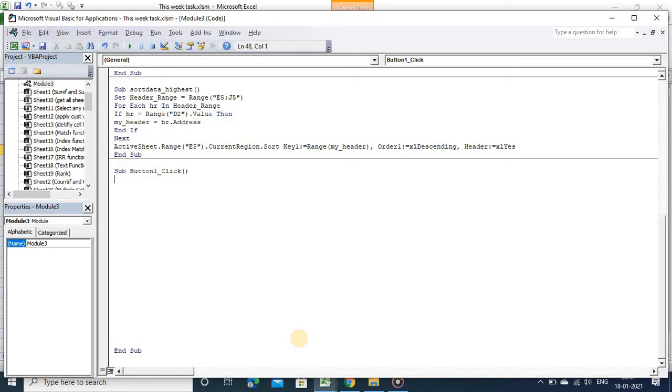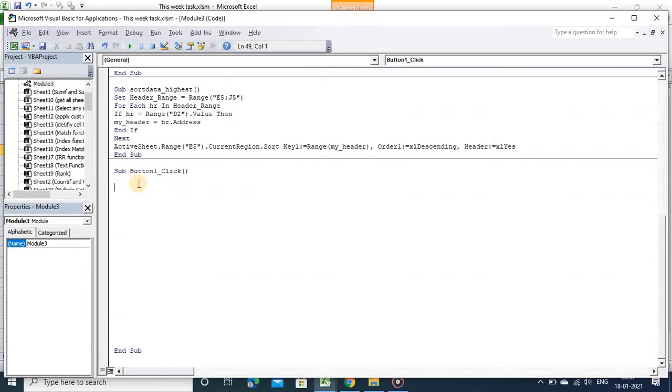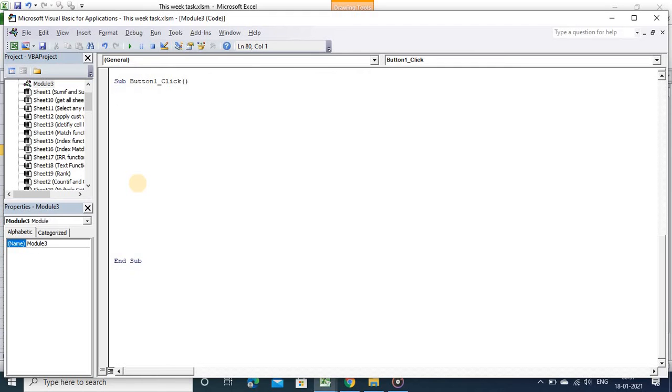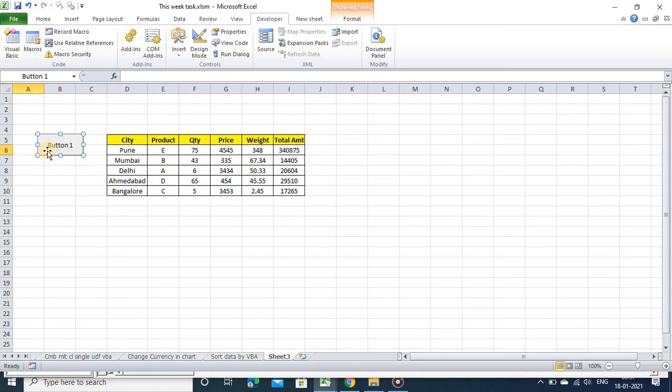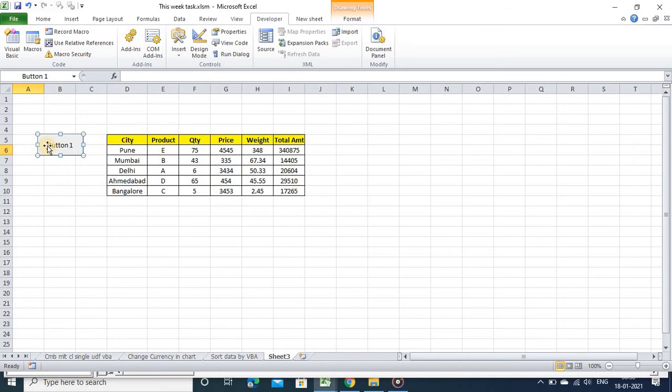Simply write here button. I will write here edit text first.